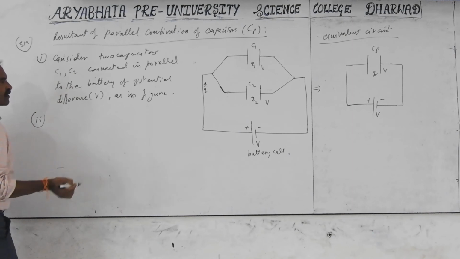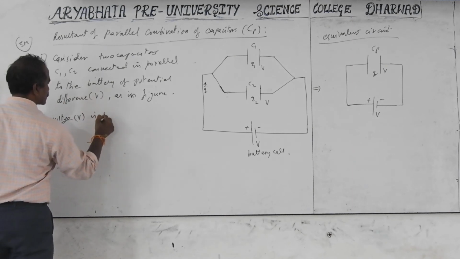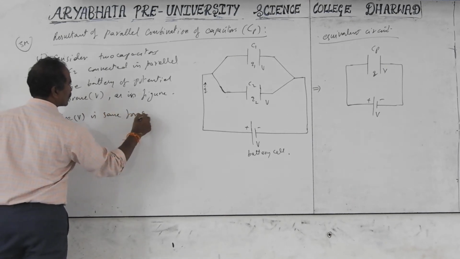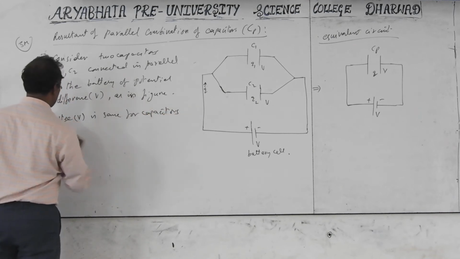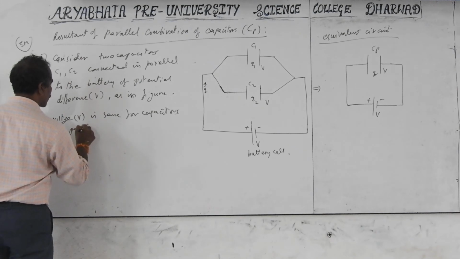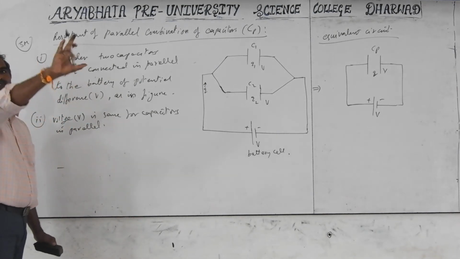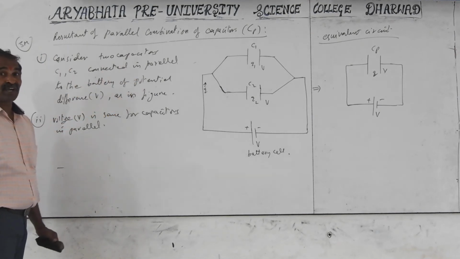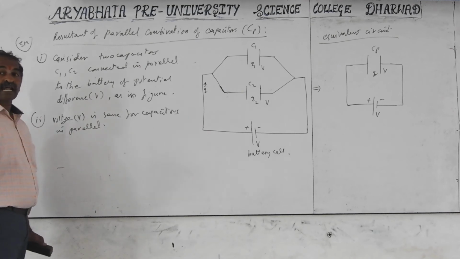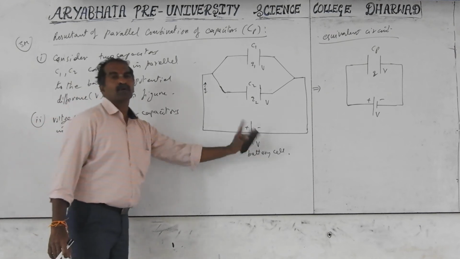What is common for the parallel capacitors is potential difference or voltage. V is the same for both capacitors. This point is important. Whatever the device, may not be a capacitor, but in the house also, all the fans, bulbs, etc. have the same voltage. Voltage is the same for all. Current can be different, but voltage is the same, because they are all connected in parallel. A parallel combination of any devices will have the same voltage or same potential difference.